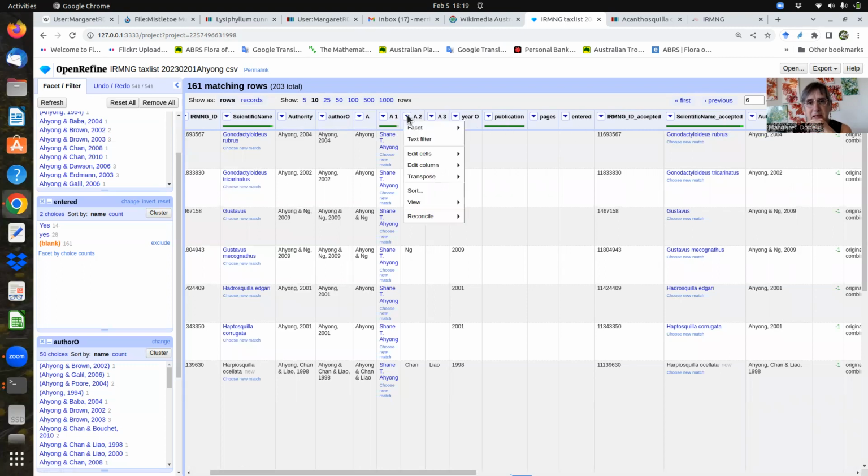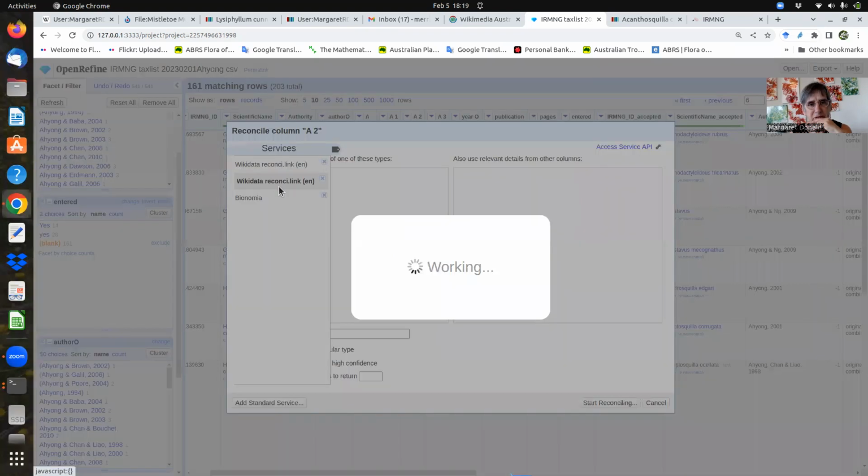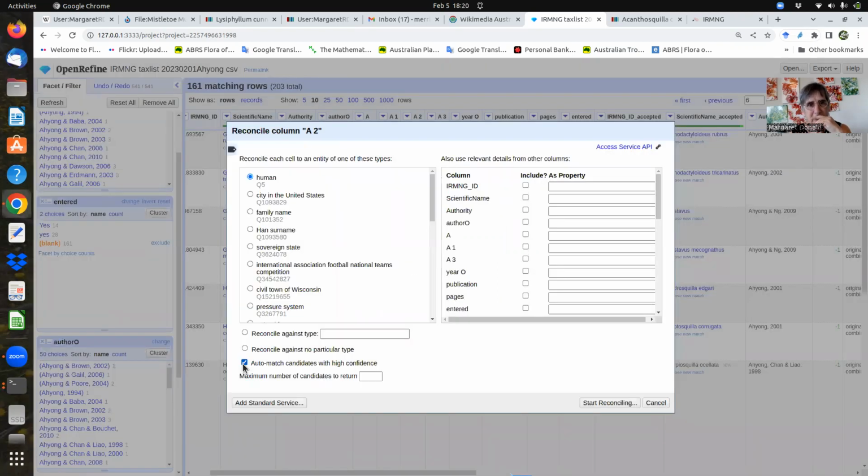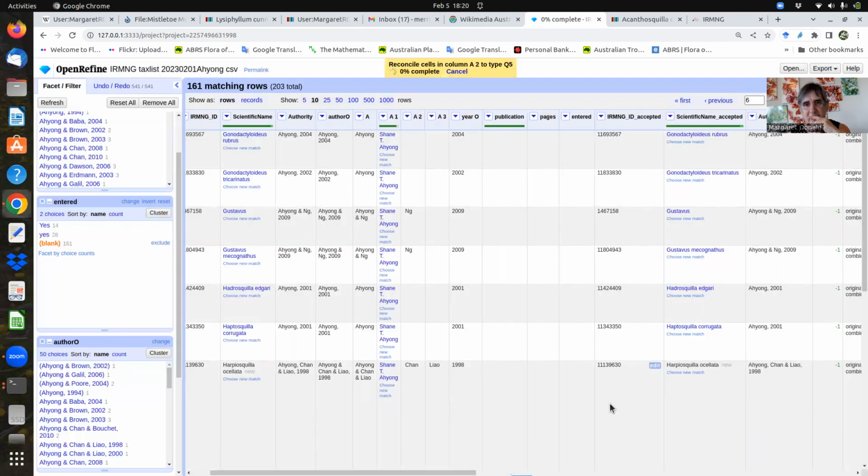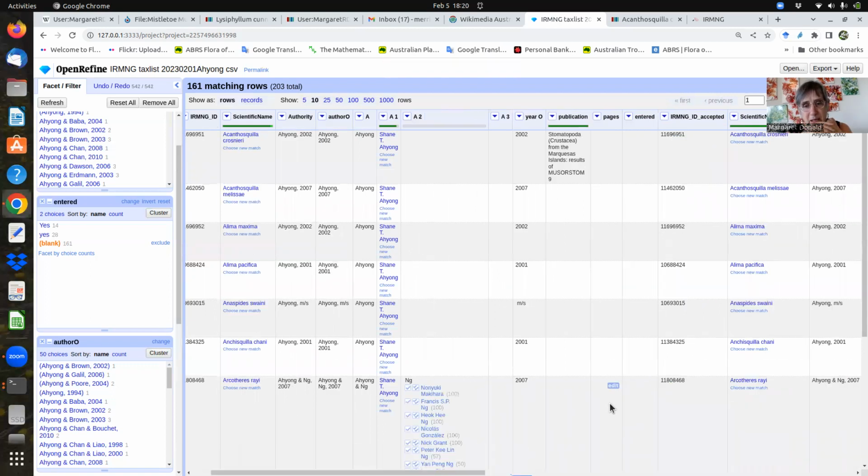I'm going to have a crack at reconciling A2. And I've got 2 links. I thought they were different, but they're in fact the same. It is a human, so that's fine, but I don't want automatic stuff. Start reconciling. Now, I know who NG is because I've already gone through this exercise before. He's a bloke called Peter K.L. Ng, who I haven't verified, but he may work at the Australian Museum too, particularly with a name like that. So I'm going to,